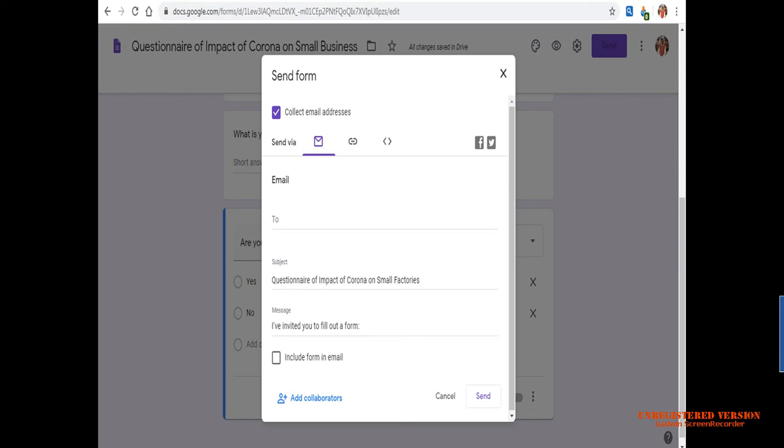this form and I went to the next option, that is about sending of the form. As you click here, you will get this type of icon, and here it is possible for you to email this questionnaire to the respondents if you have their emails, or this is for the link. If you want to copy the link, then the link can also be copied. It gives you the option to share it on Facebook, Twitter, etc., on various social media platforms. This questionnaire can be floated. This is the subject which will be shown in the email, and like this you will make the questionnaire.